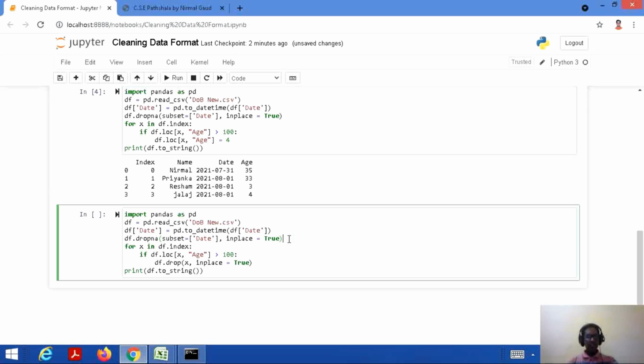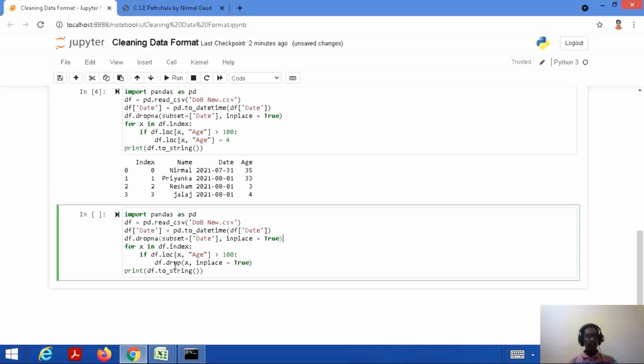And then this is our task, that is we are tracing each and every row in our data frame, that is for x in df.index. If df.loc for a particular row and column value, that is x is the row and age is the column, if we are getting a value more than 100, then what we have to do,